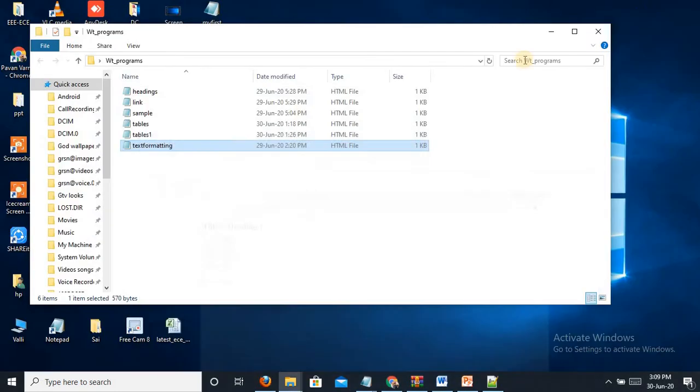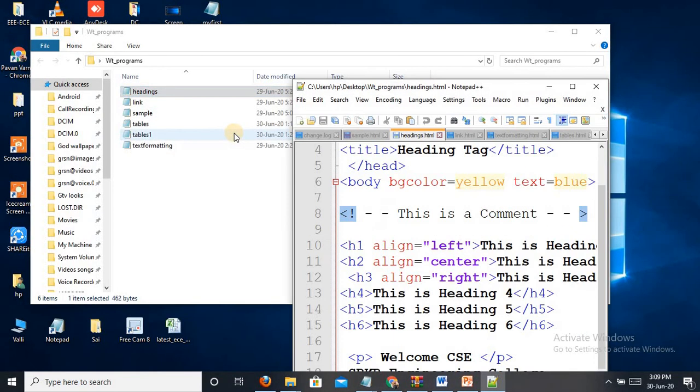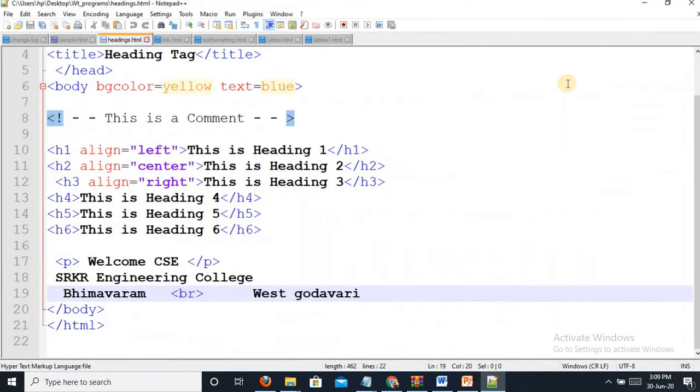So next let us go to the headings. This is the heading program. I had taken 6 headings, H1 aligned left, H2 aligned center, H3 aligned right, and H4, H5, H6 similar. So I will execute it.